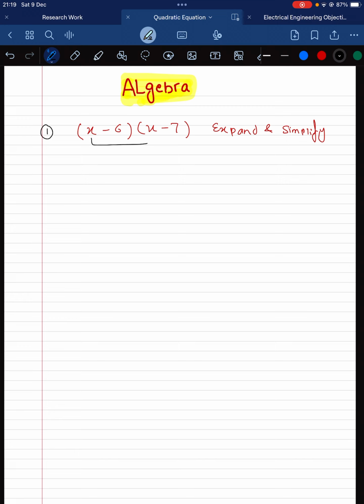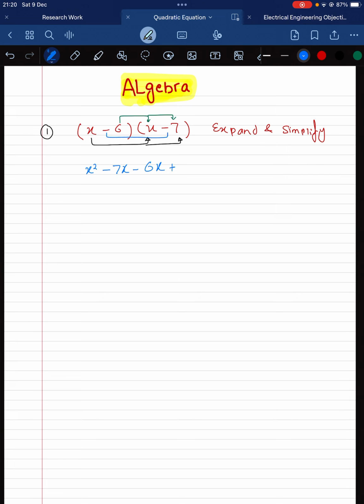First we take the x and we multiply it with both of these numbers, and then we take 6 and multiply it with both numbers. Okay, this is how you can open the bracket. So x times x is x square, then x times minus 7 is minus 7x, and then minus 6 multiplied by x is minus 6x, and then minus 6 times minus 7, this minus will multiply with this minus,